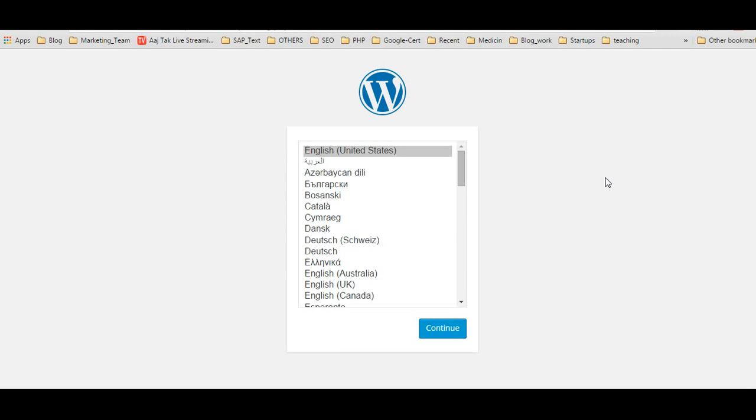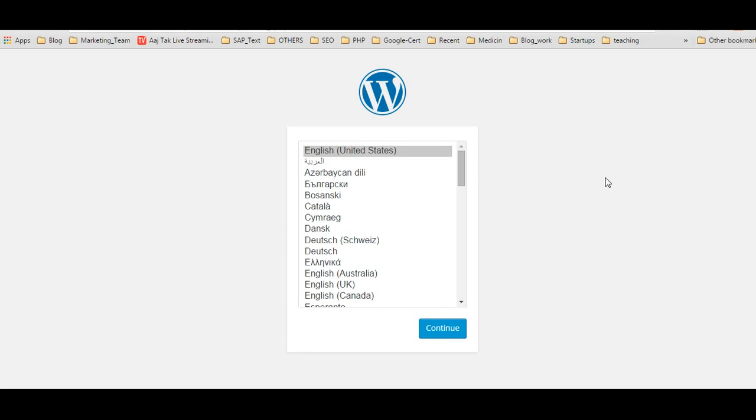Hi. So today we will see how to install WordPress into your freshly hosted website. I am assuming that you have taken a website, booked a domain name, and you have taken the hosting services, and you have copied the PHP file over there, and you have already installed MySQL. So after doing this much, you are ready to install.